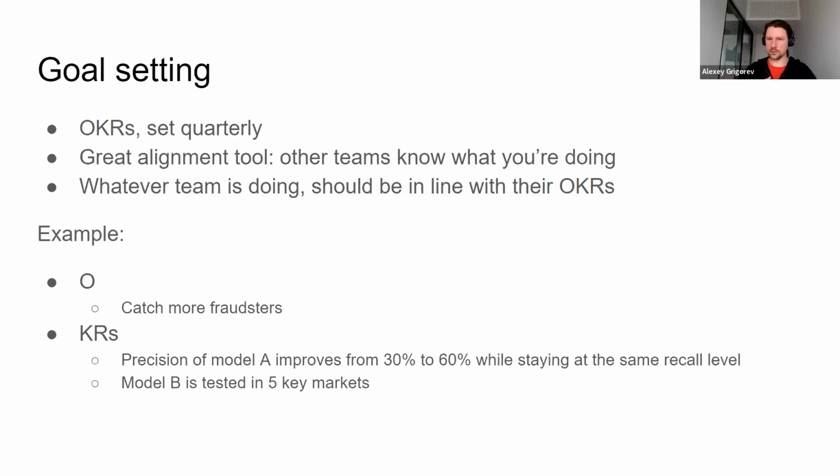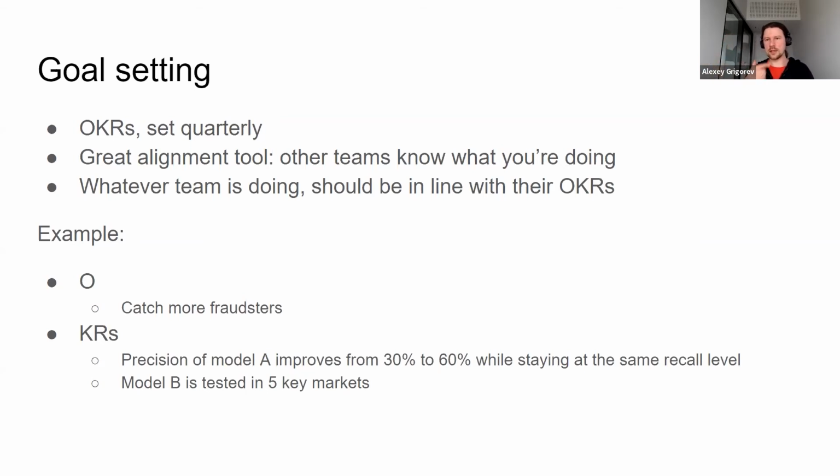For example, if we talk about a moderation system, we want to say that there is some fraud on the system and we want to catch as many fraudsters as possible. But how do we measure that? How do we say, okay, now we actually caught many fraudsters? We can say that we want to reduce the level of fraud happening in the system by X, right?